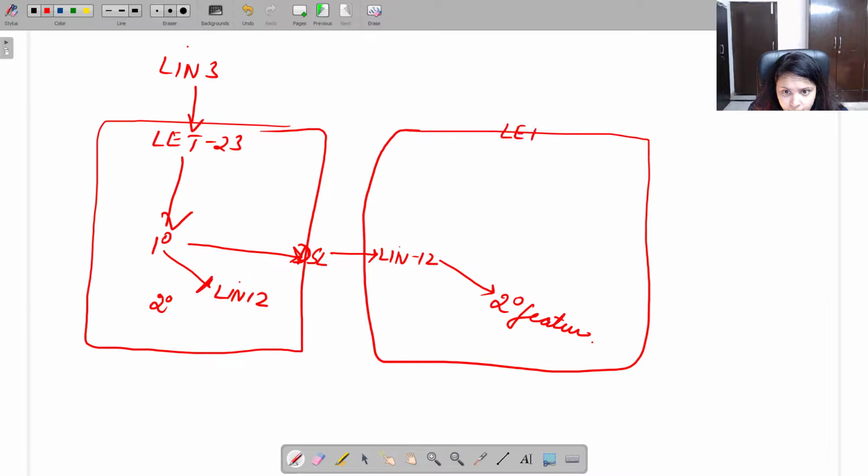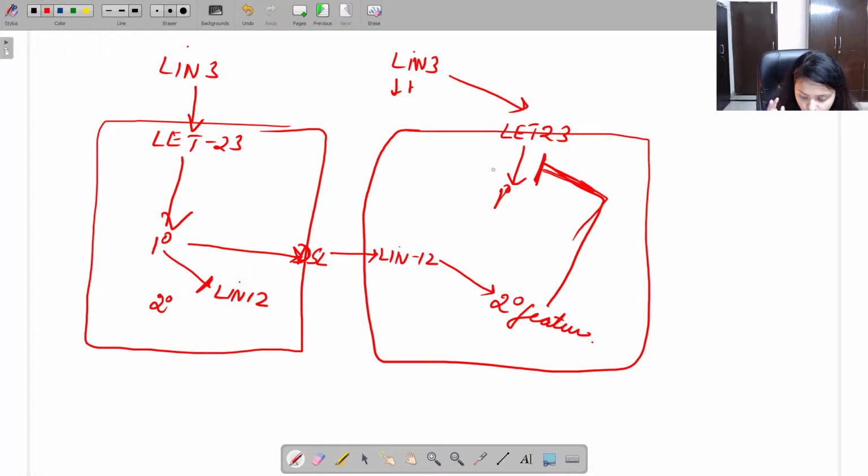Second point is LET-23, which is present on the cell surface. It is bound by Lin3 but at lower concentration. At lower concentration, this Lin3 binds to LET-23 and starts inducing primary features. Same here and same there. But this secondary feature inhibits this role. Here you can see inhibition of LET-23 from converting the whole cell into the primary stage of VPC. This is known as lateral inhibition. In this way, VPCs are converted further into vulva.